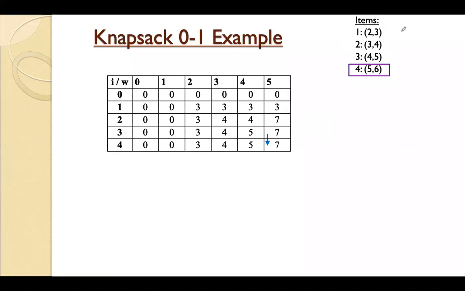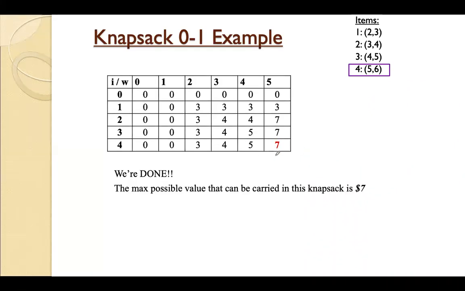So we have considered all the items. We have reached the last box. And when we are in the last box, whatever value is there, that is the maximum profit we will get in this task. Four items are there with these weights and profits. So maximum value is 7 itself. When we reach the end of the box, this is the maximum profit we get in this scenario. So that is the final.